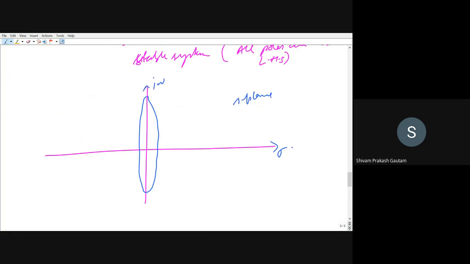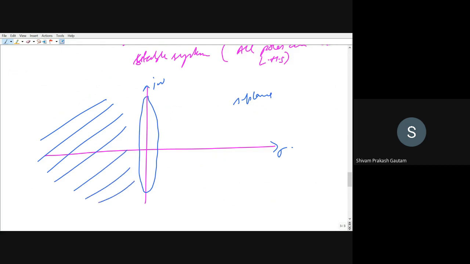If a pair of poles are on the imaginary axis and all the other poles are on the left hand side, if the system is having other poles and all the other poles lie on the left hand side, and a pair of poles are on the imaginary axis, then we can say that the system will be a marginally stable system. Marginally stable. The next condition is the last condition.